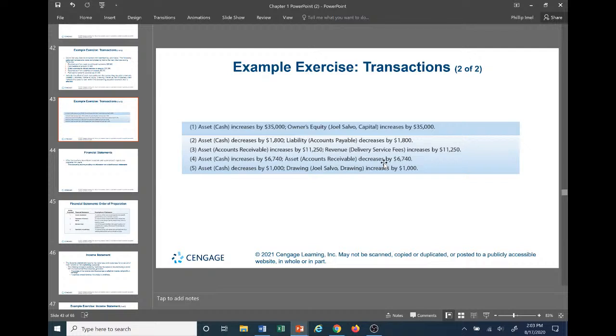Same thing on their books. Their accounts payable is going down, and their cash is going down because they've used an asset, cash, to pay a liability. So in their case, their cash is going down and their liabilities are going down. Same as we had on number 2 up there. On number 4 here, we're on the flip side of that coin.